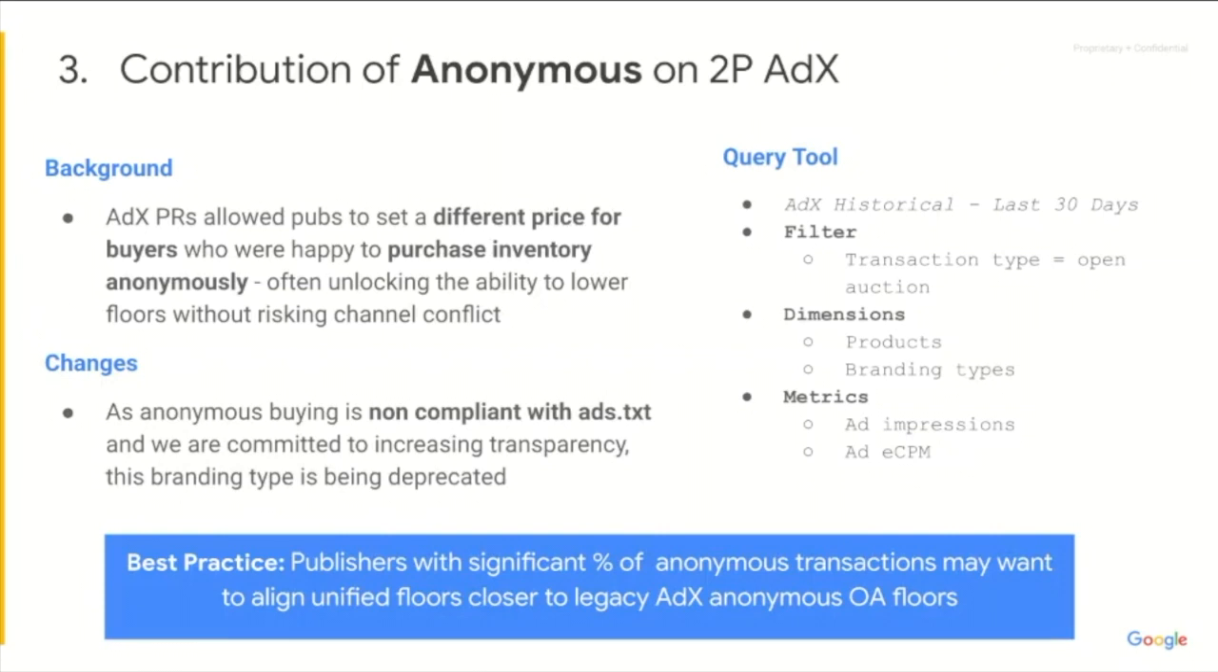Next up, anonymous inventory is no longer available, and there's good reason for this. In a world of transparency, we all want to comply with that. Anonymous inventory does not comply with the IAB's ads.txt and app-ads.txt standards. With that in mind, we have a couple of suggestions here. Publishers with a lot of anonymous transactions may want to align their unified floors closer to legacy AdX anonymous open auction floors if there was a substantial amount of impressions or revenue